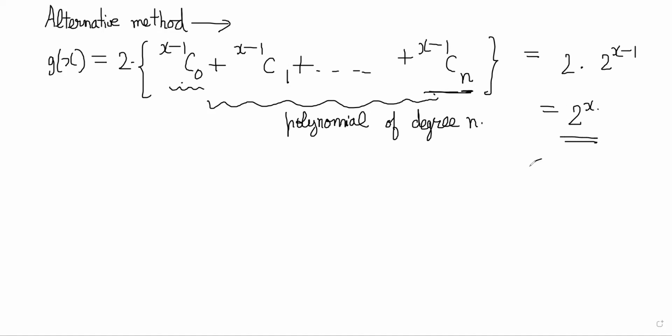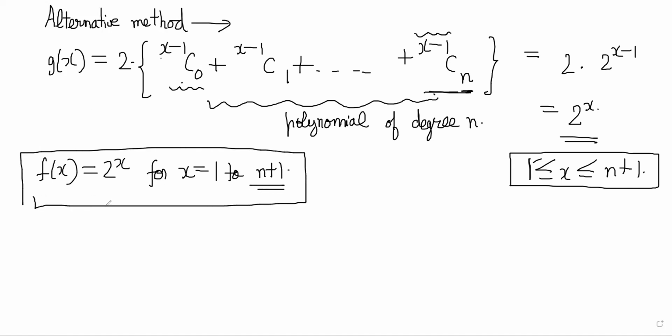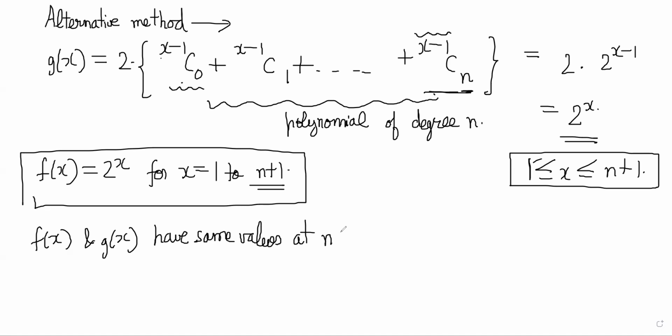So this whole thing will be equal to 2 power x, where x goes from 1 to n plus 1, right? x is going to go from 1 to n plus 1 because you need the summation to go from 0 to n. The superscripts should go from 0 to n, right? Great. Now, we know that f of x had values of 2 power x for x going from 1 to n plus 1, right? This was given in the problem itself, so we can see that f of x and g of x have the same values at n plus 1 points,